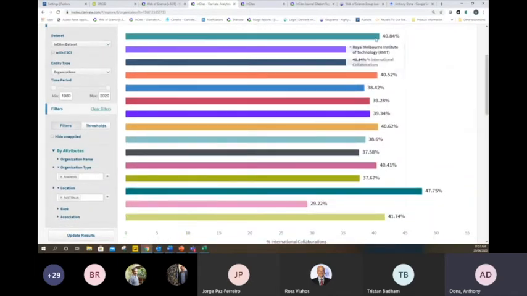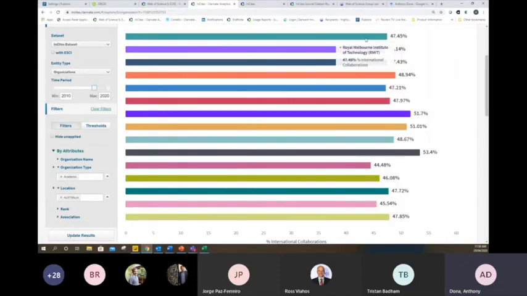Let's actually make this a little bit more recent. I'm just going to look at the last 10 years, so publications of 2010 onwards. RMIT then has an international collaboration on 47.5% of its publications. Griffith University only 44.5%, whereas Curtin University 53.5%.